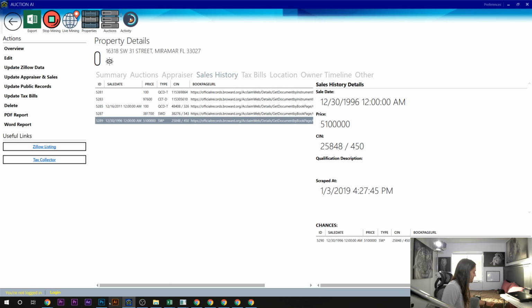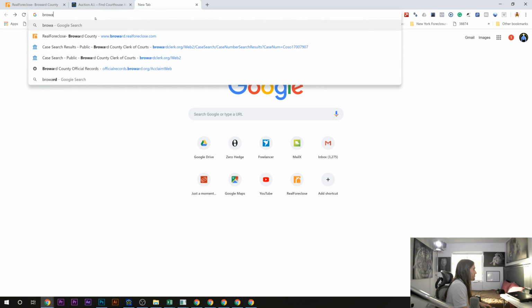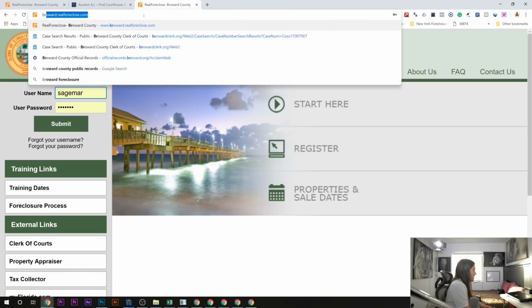So this property, if we go back and see what happened in this deal, this is our live case study of how we acquired this deal. Any of these foreclosures, like I said, something can't just go up to auction. It has to go through the judicial process. So before it reaches this site,